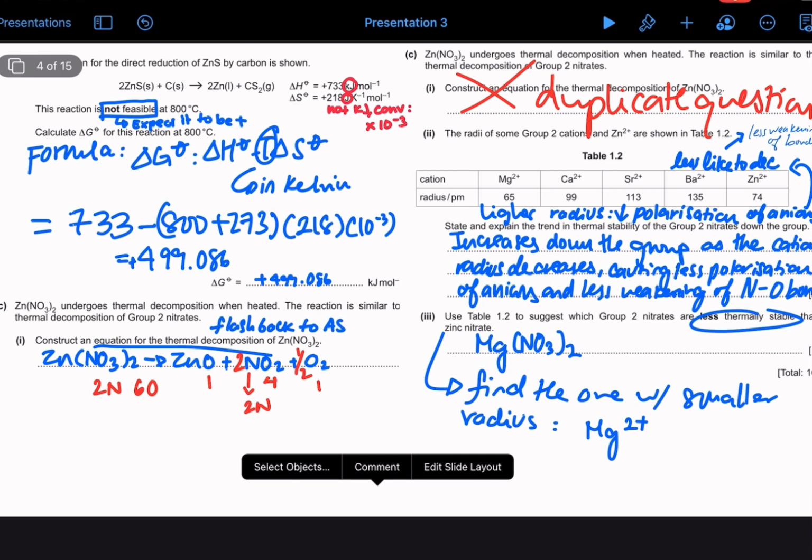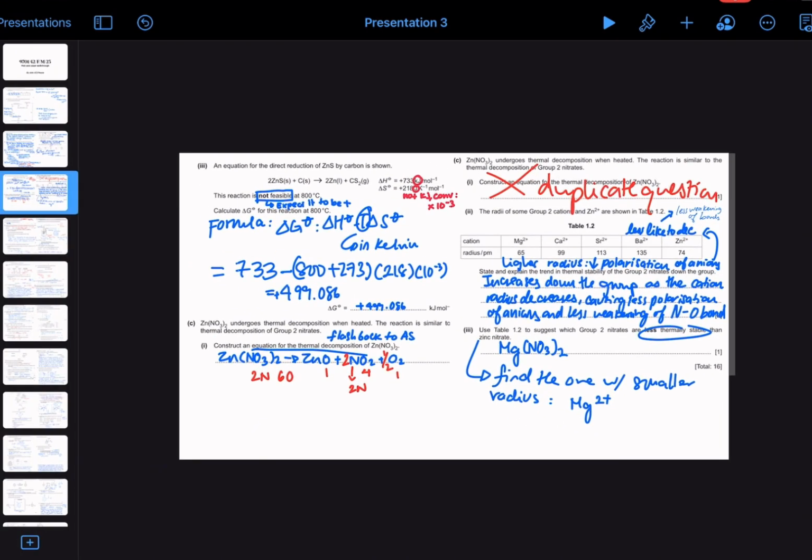Alright, so what is the formula for your Gibbs free energy? It is delta H minus T delta S, which is your entropy. So yeah, there's a lot of formulas involved that you have to remember, but if you actually do remember, it's quite easy. So your Gibbs free energy would be 733 minus the